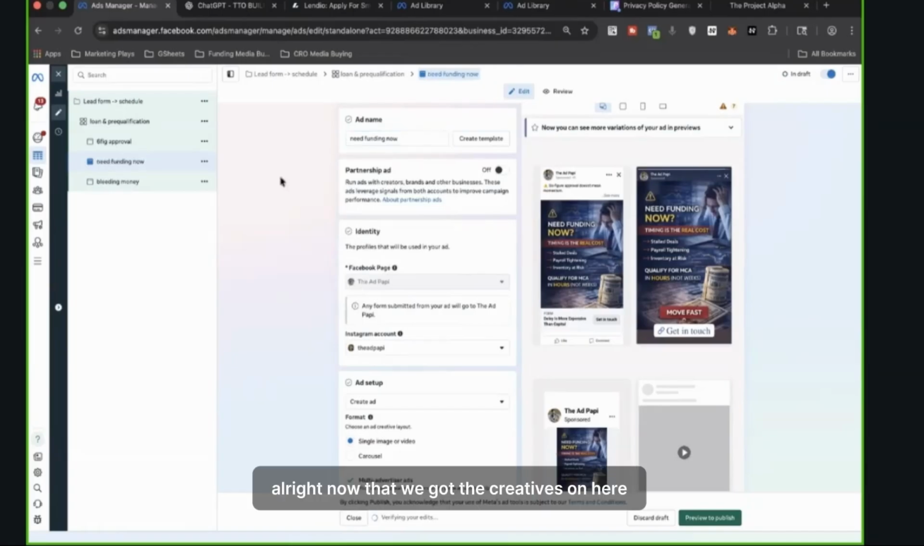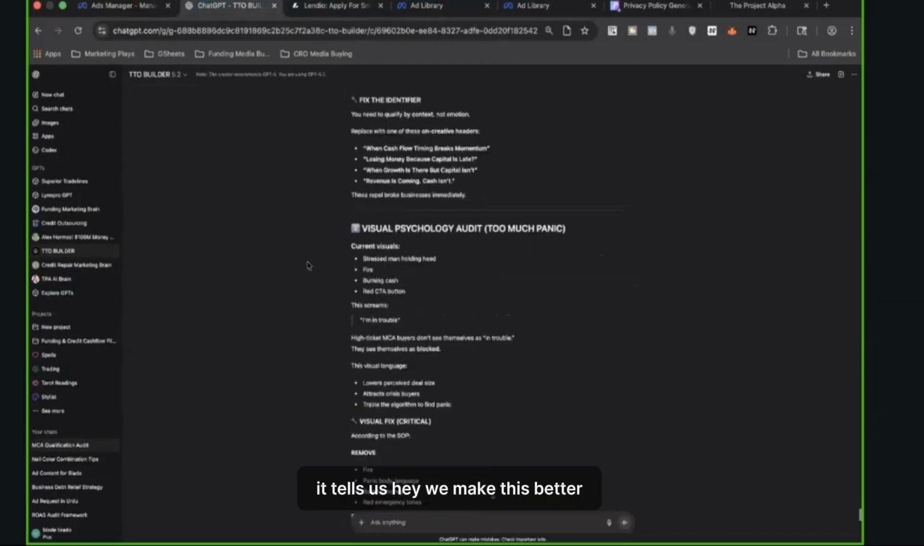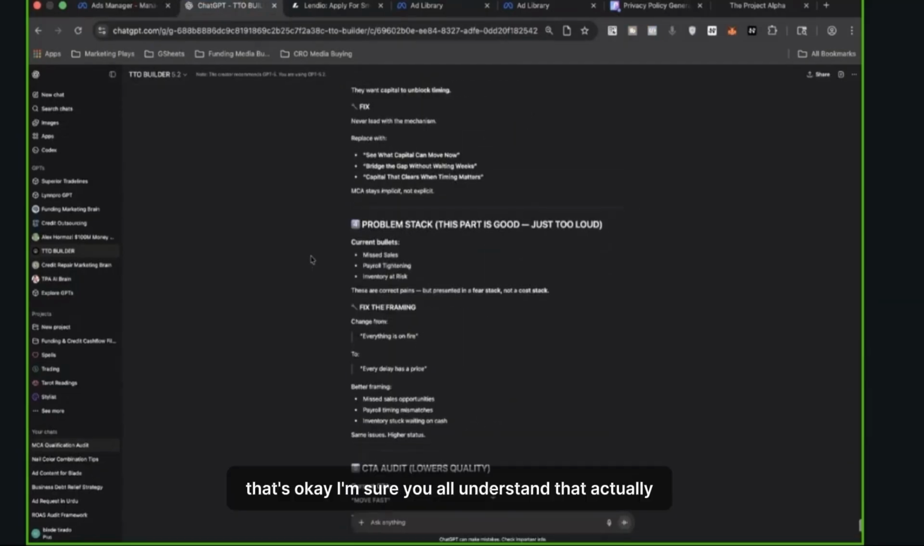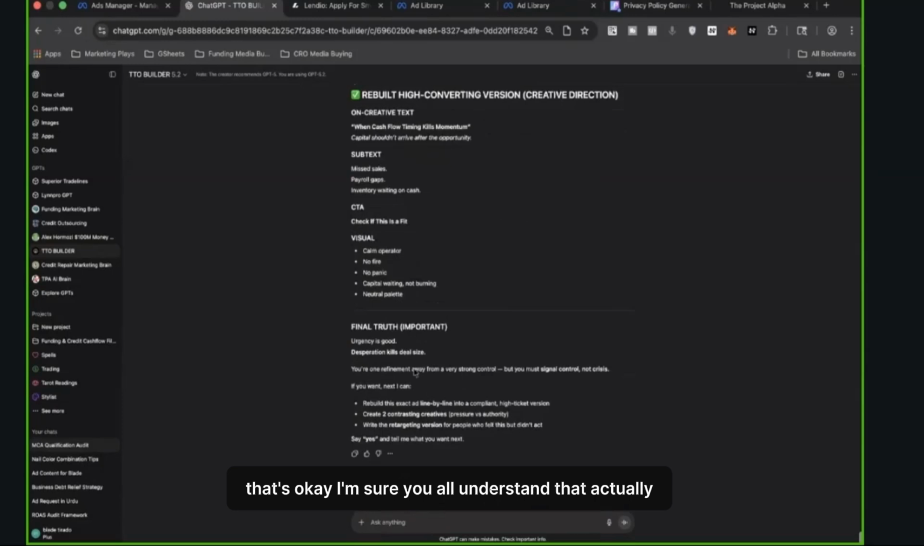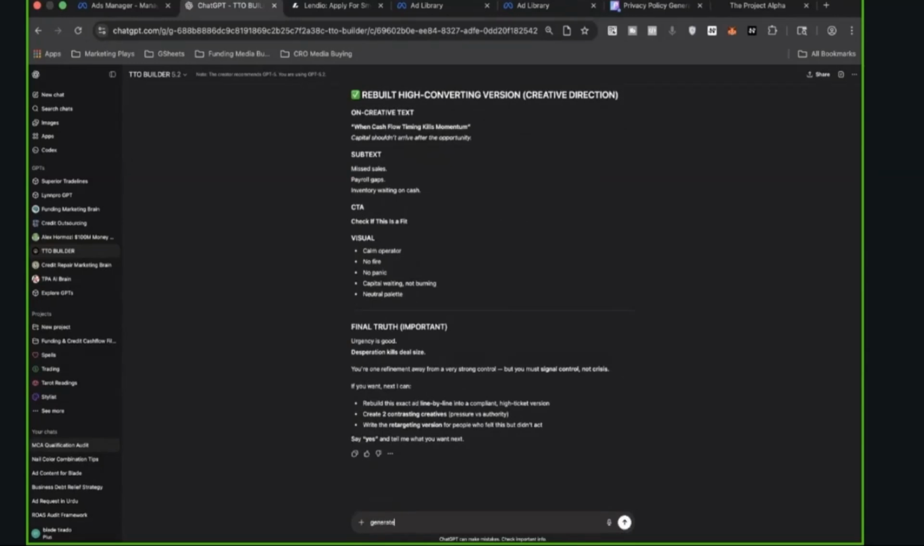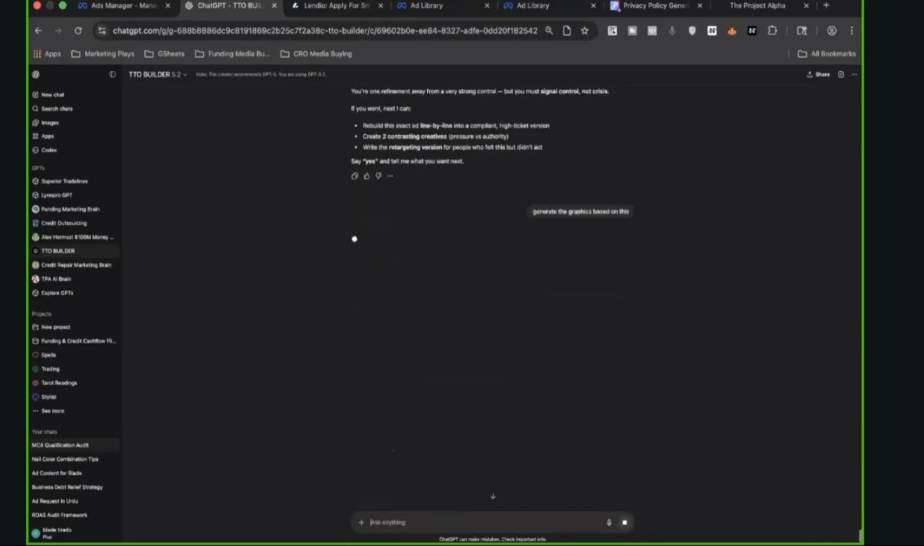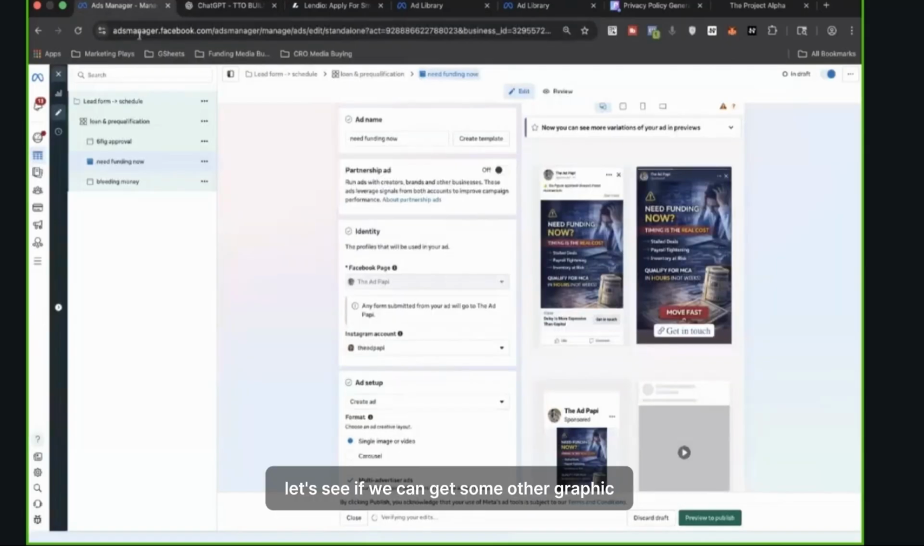All right. Now that we got the creatives on here, I mean, yes, we were looking at ChatGPT over here. It tells us, hey, we can make this better. That's okay. I'm sure you all understand that. Actually, wait, we'll do this. Generate. While we're doing other things, let's see if we can get some other graphic and see how we like it. All right, but now we're kind of into this. We put everything on there. We're kind of in this